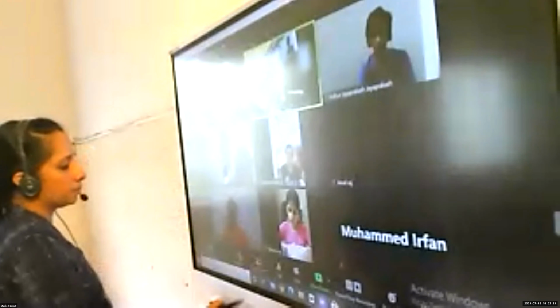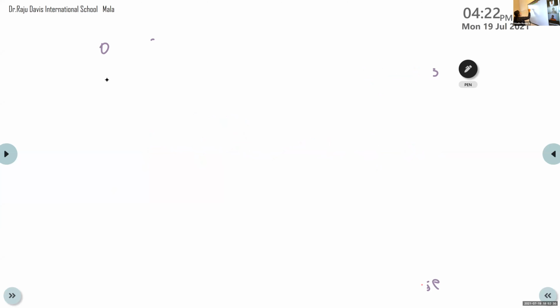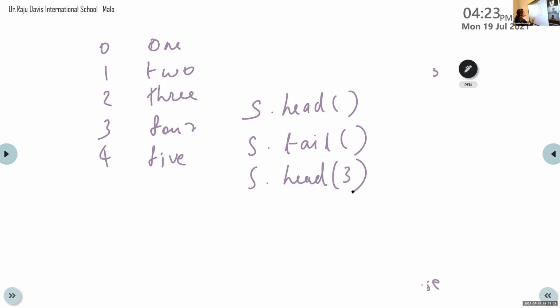I will give one question. This is the content of S. Then you want to print S head, then S tail, then S dot head of 3, S dot tail of 2.